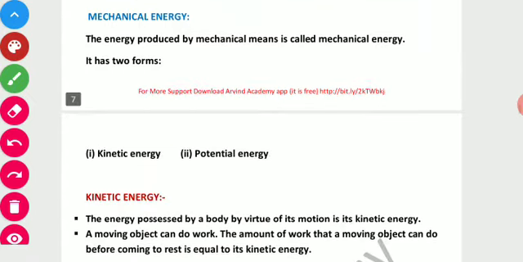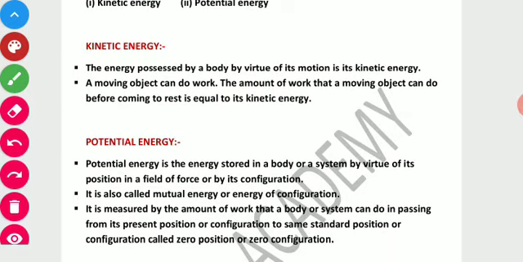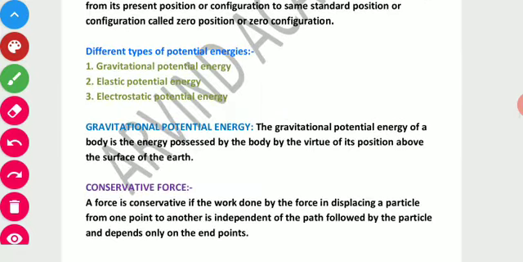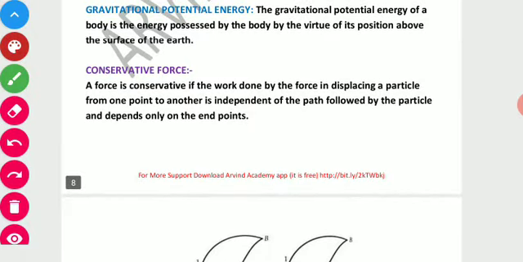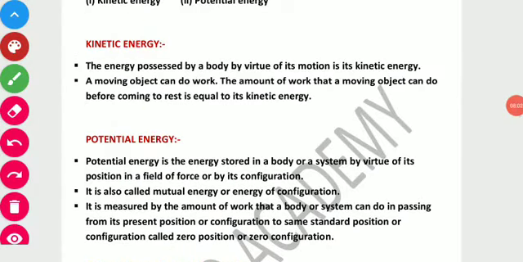We have two types of energy, one is kinetic and the other is potential. So basically what is the difference between kinetic and potential? A body which is in motion has kinetic energy, and a body which has height has potential energy, which is stored in the body. These are some types of energy, that is kinetic energy and potential energy.